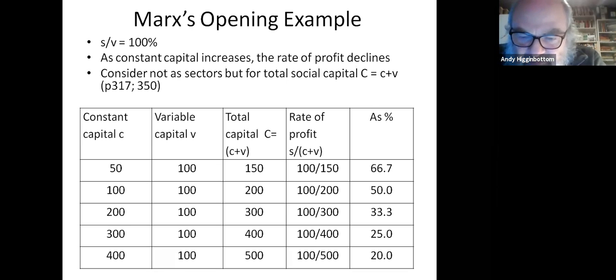Putting that to one side for the time being, as the constant capital increases, so the total amount invested increases. What this shows is an accumulation of capital from one period to another. But look what happens under these terms: the rate of profit decreases. And this is simply because the workers are using more and more